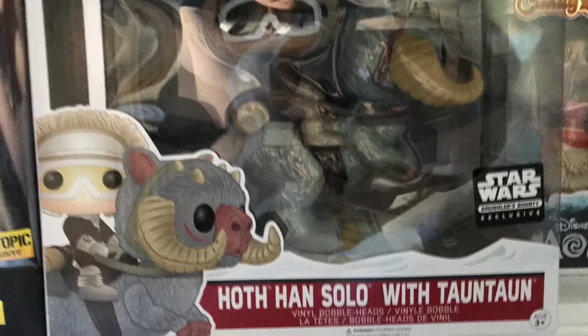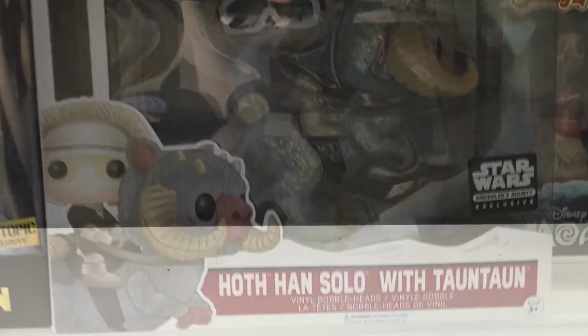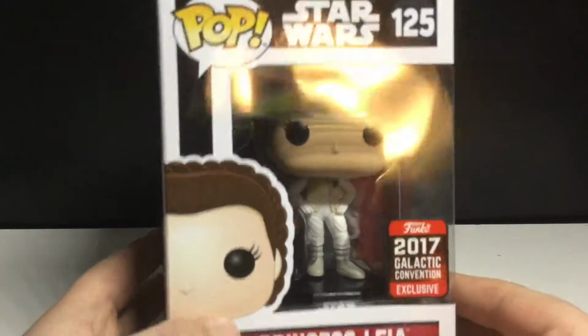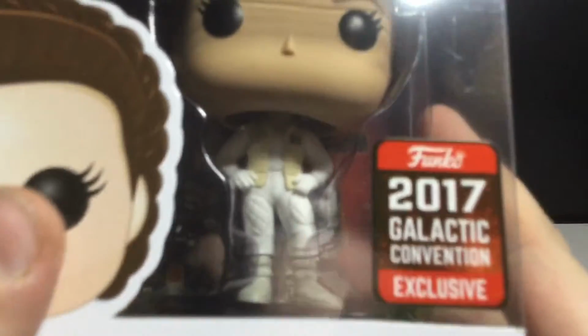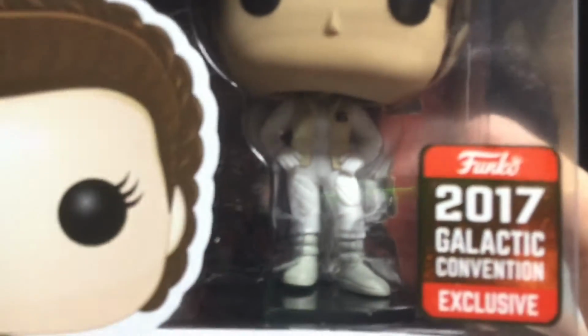All right. This next category kind of makes no sense, but the only reason why I'm doing it is because no Star Wars pops got in this year. And I put this one Star Wars pop as the most sentimental pop of the year, and that is the Princess Leia from Hoth, the Galactic Convention exclusive. This pop looks very good, and I hate that I couldn't put it on my list. But,